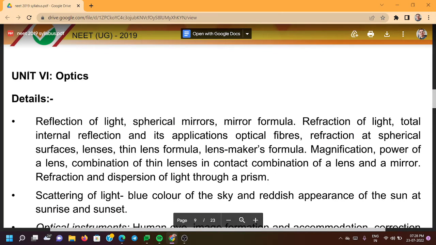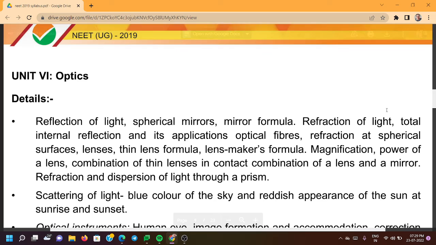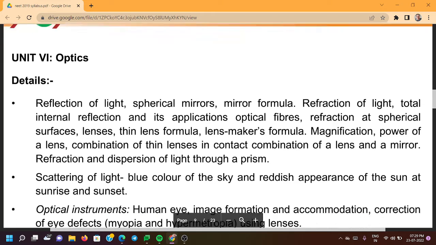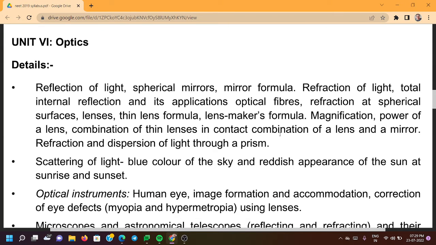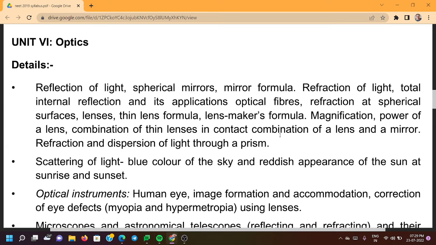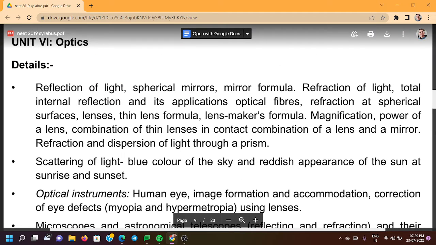Class 12th Physics, Unit 6: Optics. Reflection of light, spherical mirrors, mirror formula, total internal reflection and its applications, optical fibers, refraction at spherical surfaces, lenses. Thin lens formula, lens maker's formula, magnification, power of a lens, combination of thin lenses in contact, combination of a lens and a mirror, refraction and